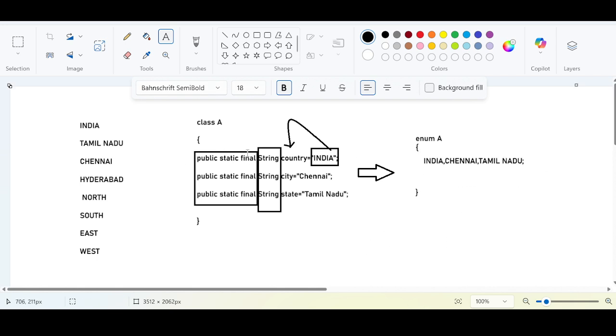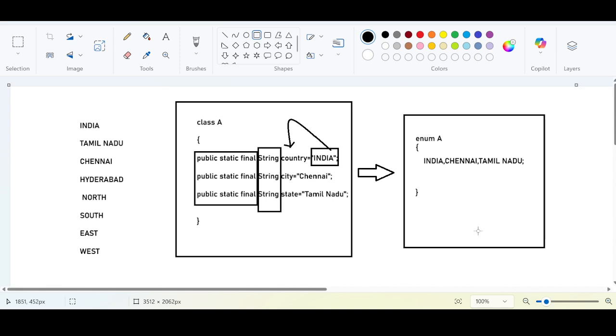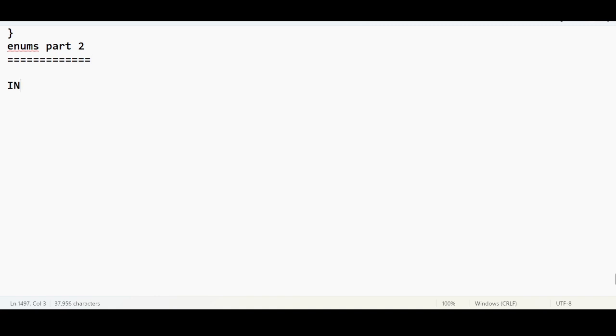See how the representation is in the Java class. This is how you can represent it in the Java class, but this is how we can represent it in Java enums, especially for storing the constants, right? So I can say, theoretically,